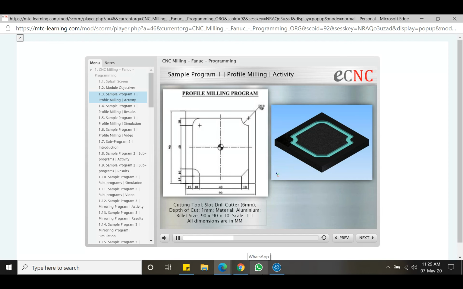Depth of cut would be 1. The material used would be aluminium. Billet size would be 90 by 90 by 10 and scale would be 1:1. Please note all dimensions are in millimeters, meaning mm. Your program codes, if fed into the CNC machine, should draw a diagram that would be exactly like this one